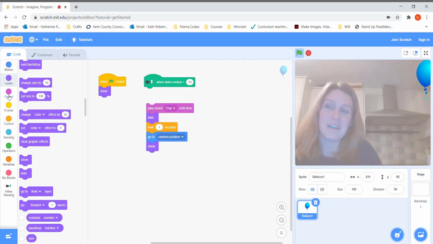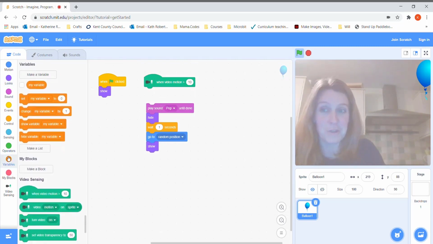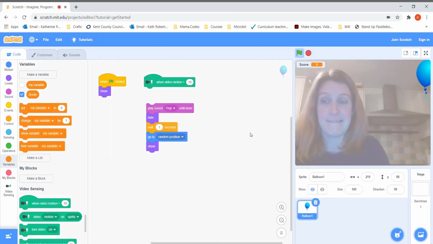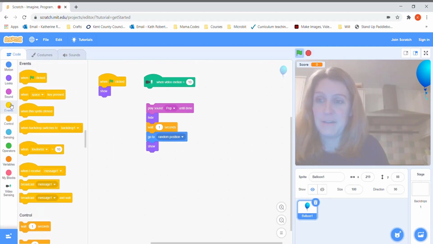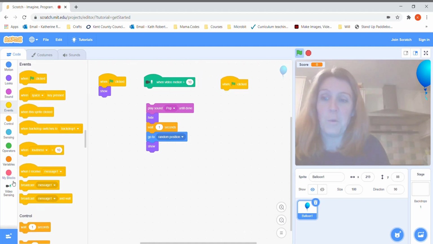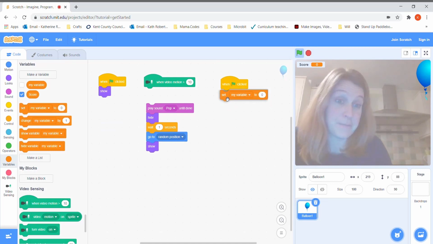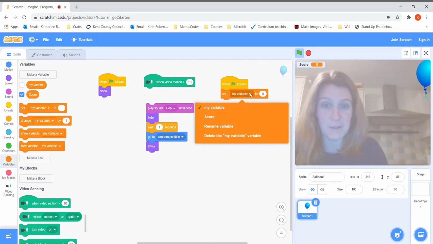Okay, so let's go down to orange and click on variables. We need to create two variables. First, I'm going to create one called score, because we want to get a point every time we pop a balloon. Okay, so when the flag is clicked, we want to set our score to 0. So at the moment it says my variable, so we use the drop down menu to find the one we